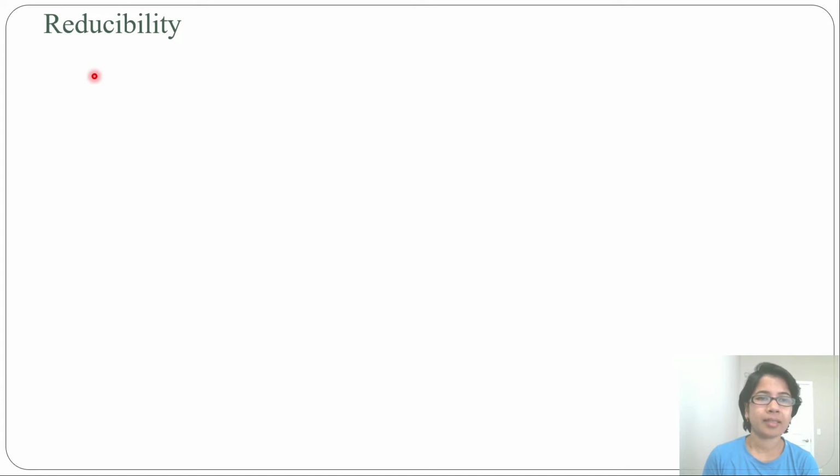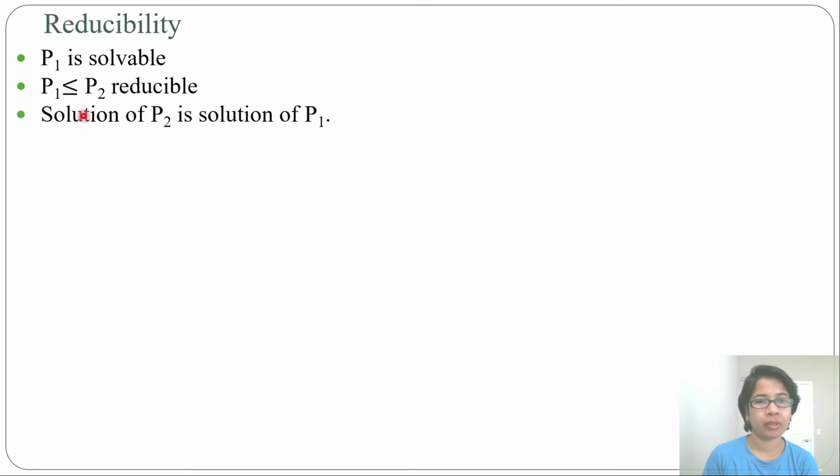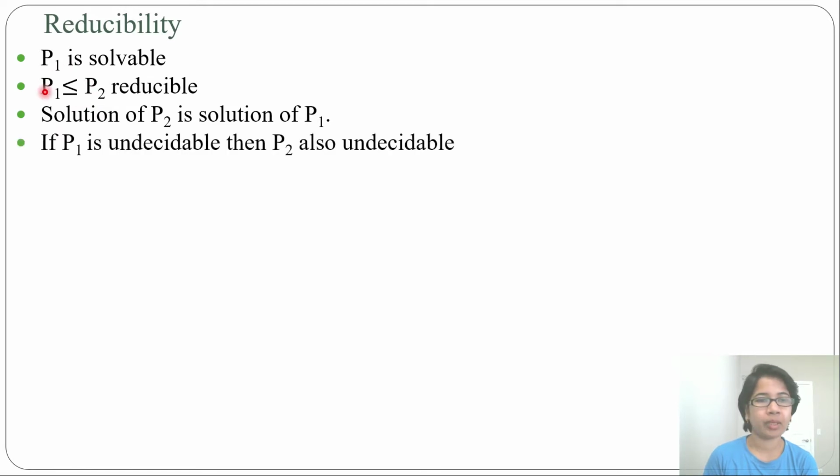Hi, let's discuss reducibility. P1 is solvable and P1 is reduced to P2. Then the solution of P2 is the solution of P1. From P1 we are reducing to P2, so the solution of P2 we can use in the solution of P1. If P1 is undecidable, then P2 is also undecidable. This means for P1, if no algorithm exists, then for P2 also no algorithm exists, as P2 is reduced